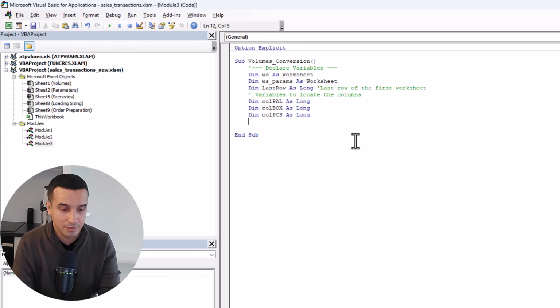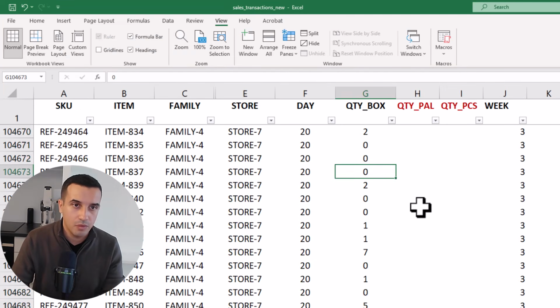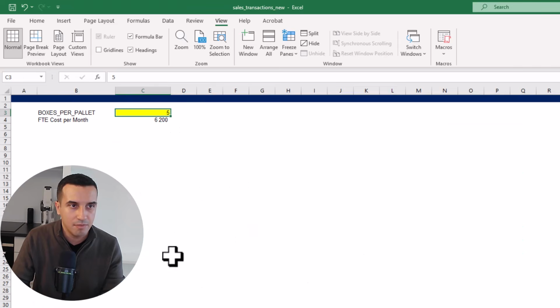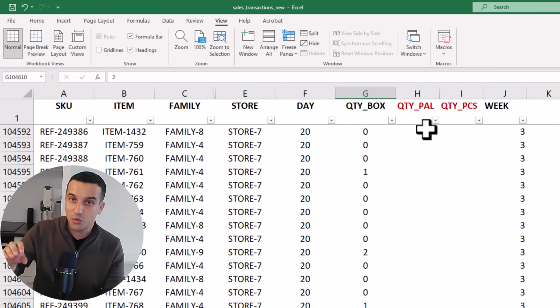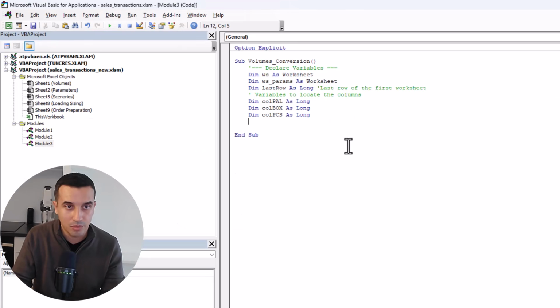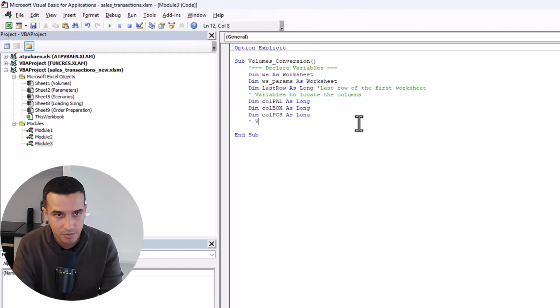Then, what our macro is going to do is take the quantity of boxes and divide it by the number of boxes per pallet to calculate the number of pallets. So we need to store the quantity in boxes, and we need to store the value in the parameters, here the boxes per pallet. So for that, we need variables. So we are going to define variables for the quantity values. So the first one would be the number of pallets